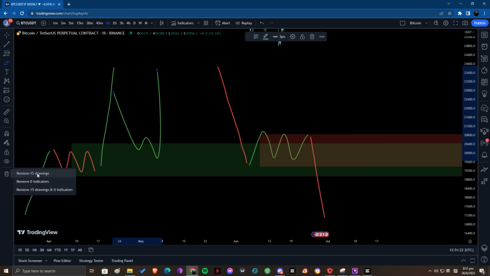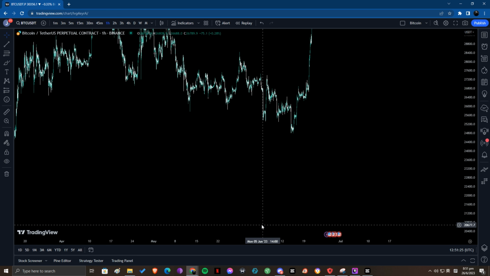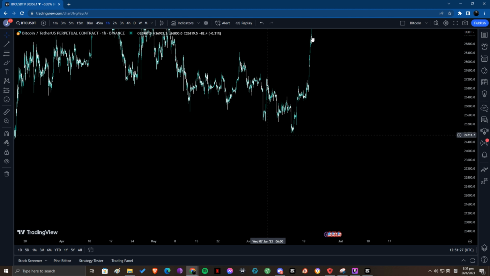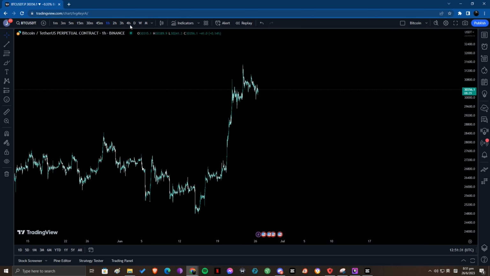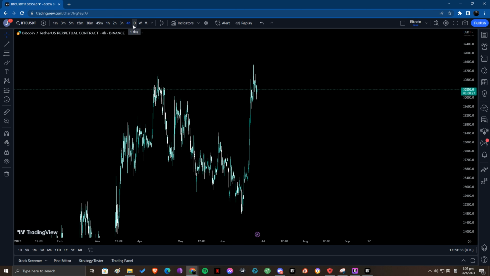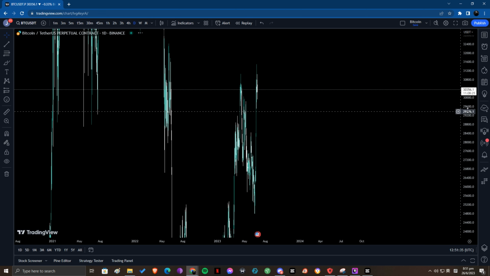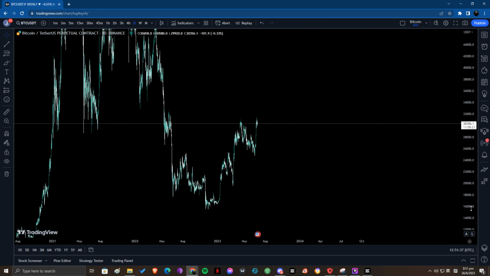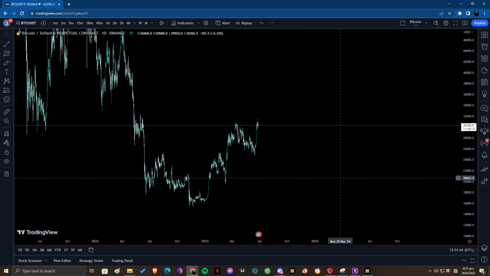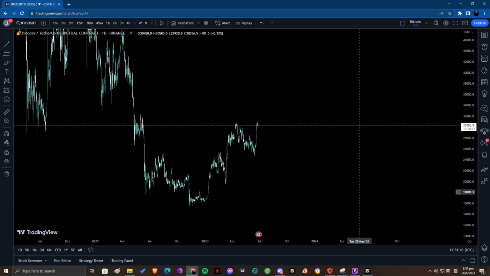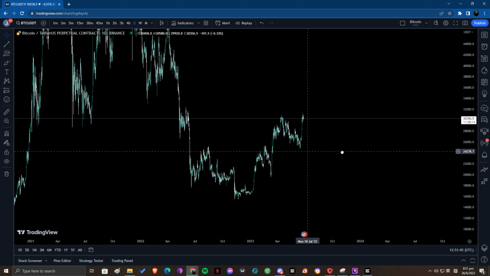Okay, so I hope this is very clear to you. If you don't understand this, you have to replay the video until you understand this part. This is the very fundamental. Now that you understand this, order blocks are the same as fair value gaps. If you don't know what fair value gaps are, you should check out my previous video. Fair value gaps are slightly easier to understand compared to order blocks because order blocks have much more variation.